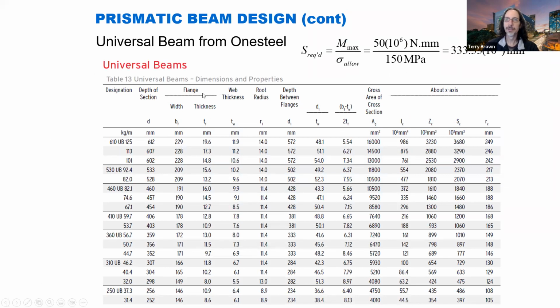And then, so now I've just had a look at, so we chose a beam from the textbook list of W flange beams. Let's choose one from One Steel. So our requirement was 333.33 by 10 to the 3 millimeters cubed. So let's see what we can find down here. So I think we're looking for a 310. It was 310, wasn't it? Pretty sure it was 310. So 310 UB. Down here we've got